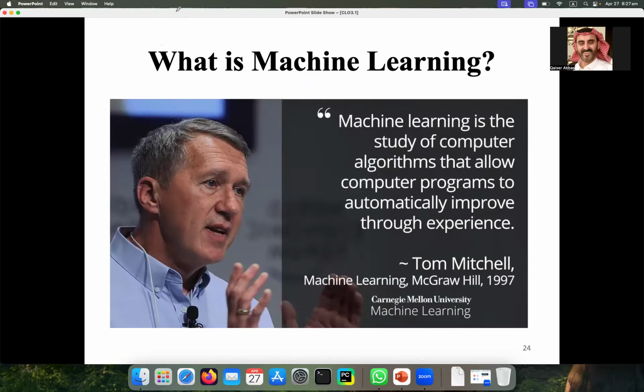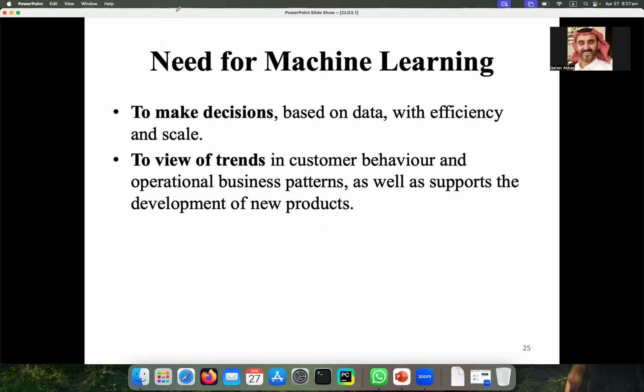So this was the definition. And now, what is the need of machine learning in our society? The first major reason is that we want to make decisions in our real life, but these decisions will be based on the data that we collect.